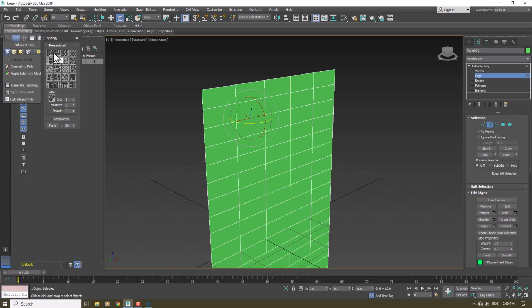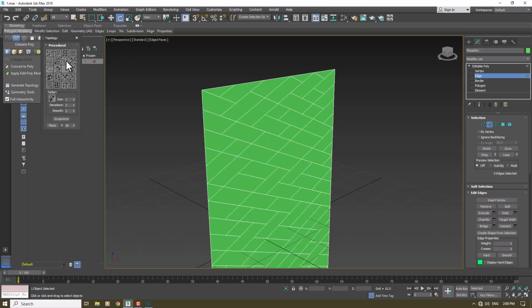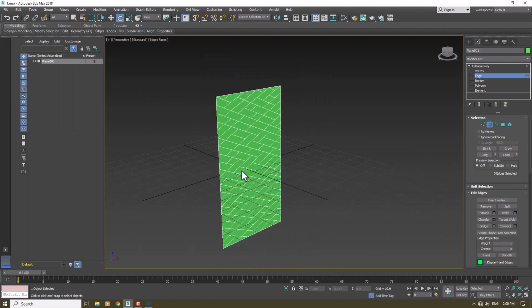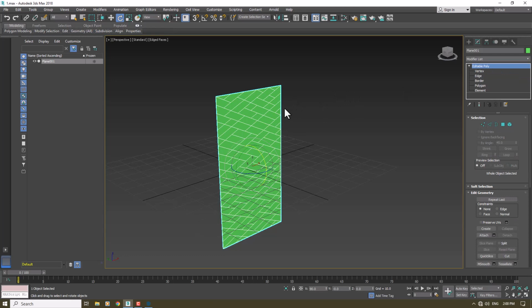For example, I want some type of diagonal wall, so I can click on it and this is the result, or some brick wall like that. It completely depends on you and your job. For example, when I click on it, I can change it to this one, and it completely depends on you. So this type of wall that we have in here, I can click on the editable poly in here,